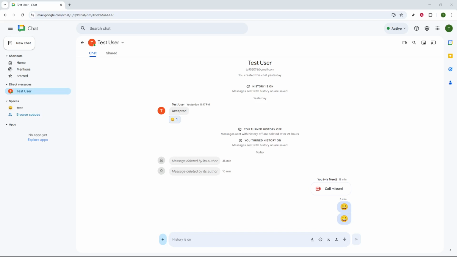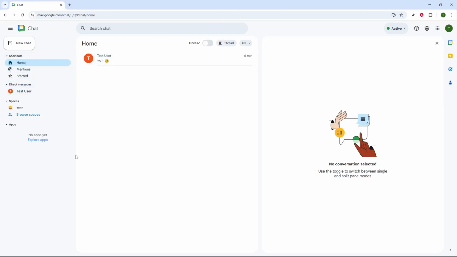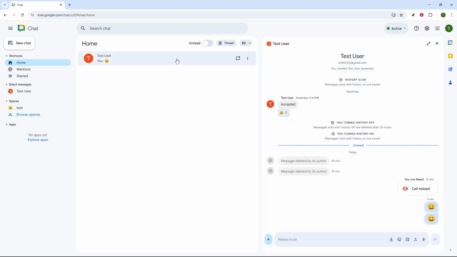To get started, begin by navigating to chat.google.com, or, if you prefer, open Gmail and select the chat option within the interface. Your chats and spaces will be visible, making it easy to pick up where you left off. Once you've accessed your chat interface, locate the conversation or space where the discussion is taking place. It's important to have this context, as you'll be searching within the right thread to find the message you wish